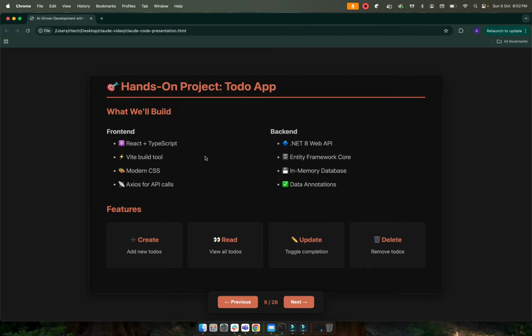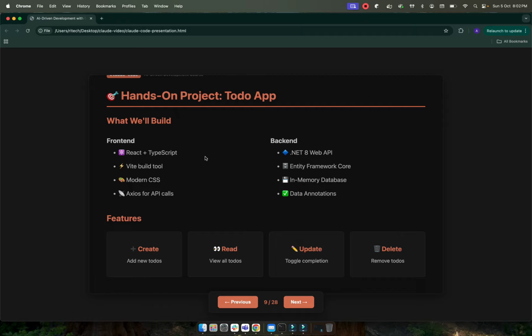A good exercise to get hands-on experience on how to generate a project is to generate a full stack application. The most well-known project is the To-Do app, which is used in learning new programming languages. But in this case, we'll gain hands-on experience generating this, assuming that we know programming, but we do not specifically know React and TypeScript and .NET